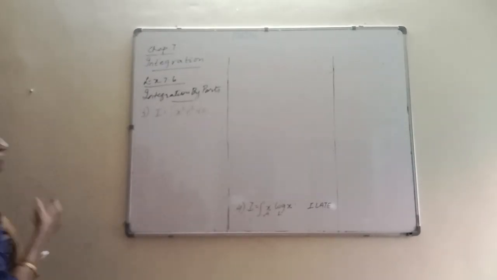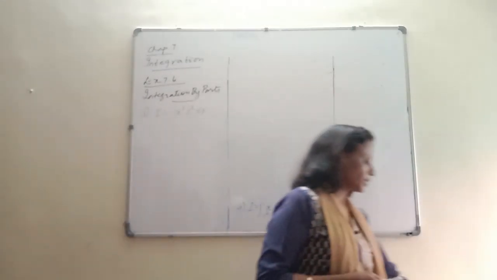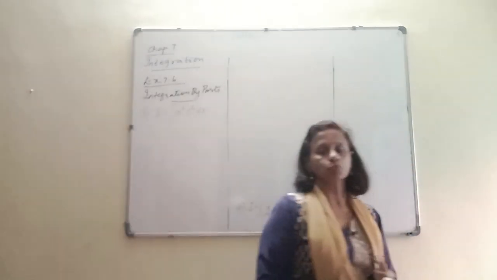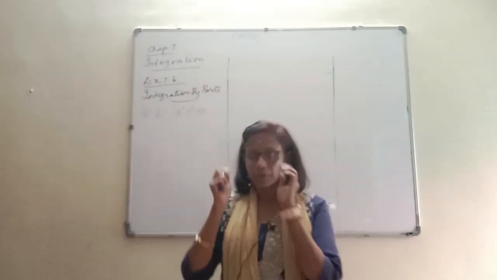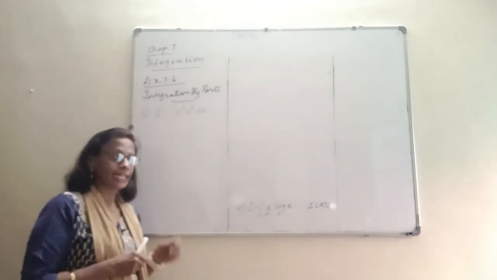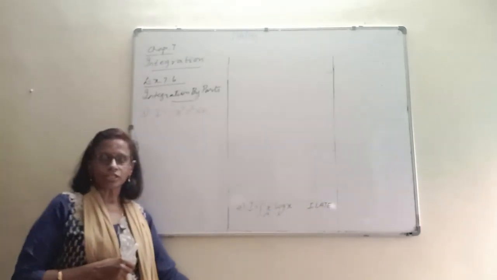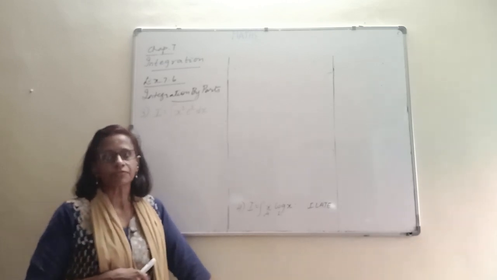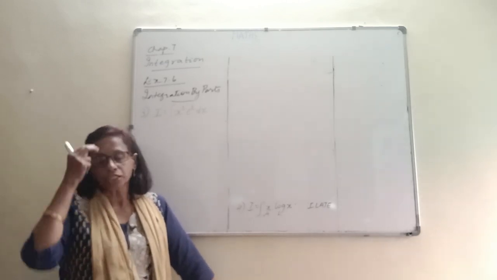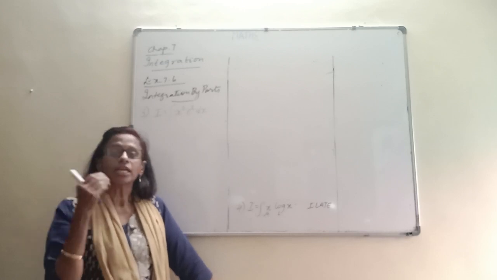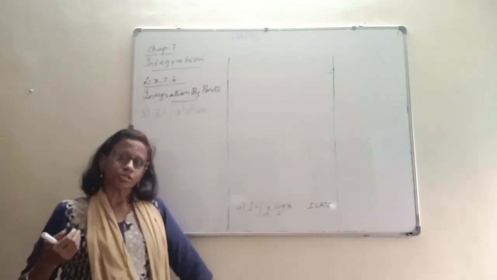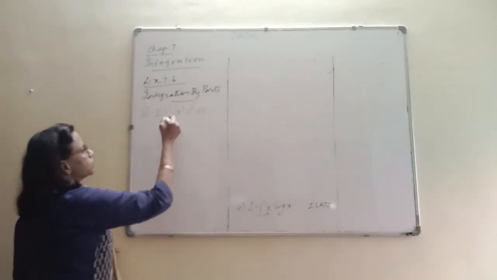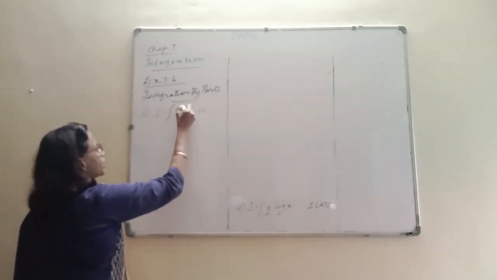Hello folks, we are once again back with this exercise 7.6, and we were doing the integration by parts where we did the two problems on the basis of the principle of ILATE, which I used to tell you. I for inverse trigonometric function, L for logarithmic function, A for algebraic function, T for trigonometric function, and E for exponential function. So we have to rank accordingly which is u and v, and we follow the procedure as per the formula. So let's right away get across with the third problem, which is integral of x square e raised